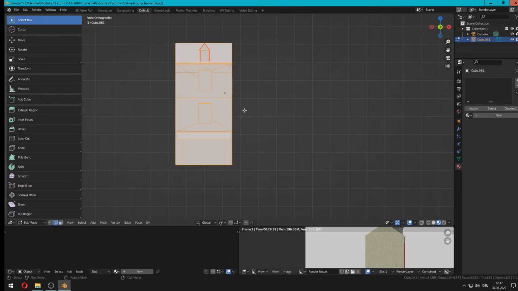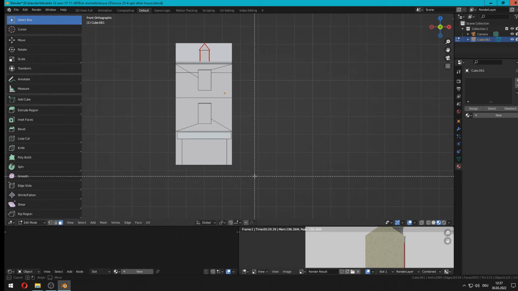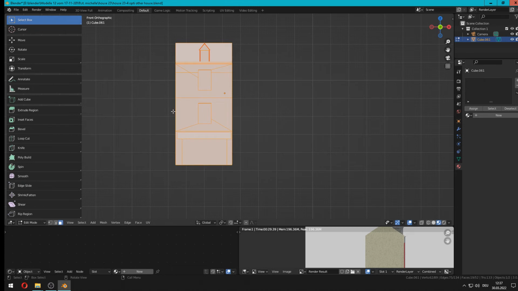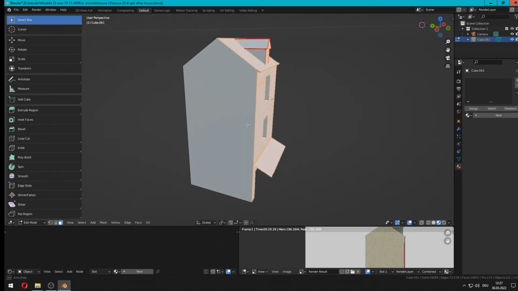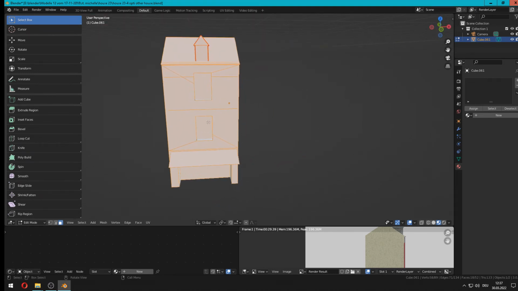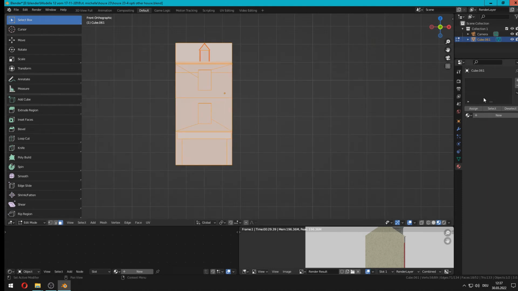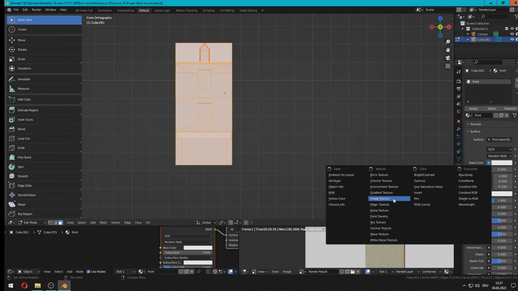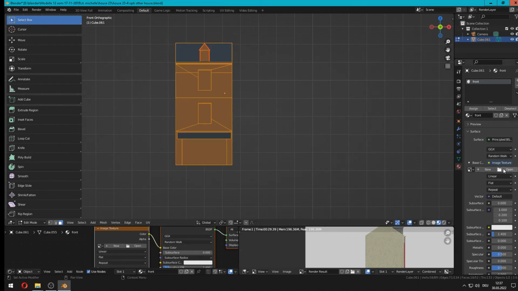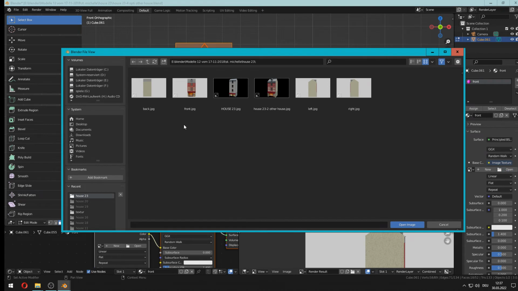Edit mode, Alt A to deselect all, face selection, B, box selection. Now we have marked only the front faces, nothing else. That we can disable. So only the front faces are selected, and we create a new material for the front and we call it front. We say the base color should be an image. The image we want to open, and we have saved it